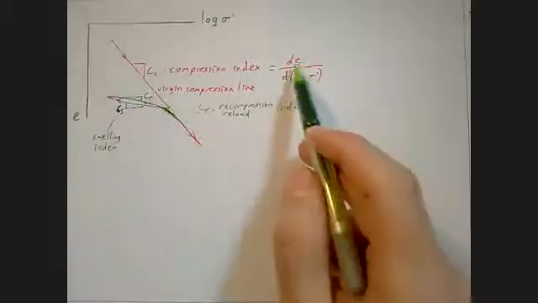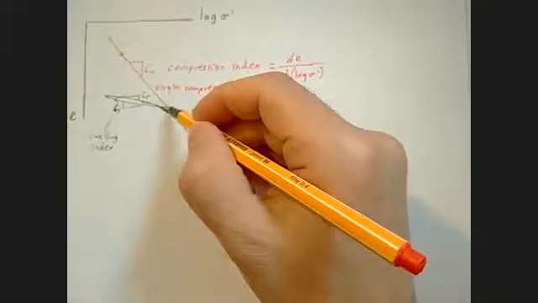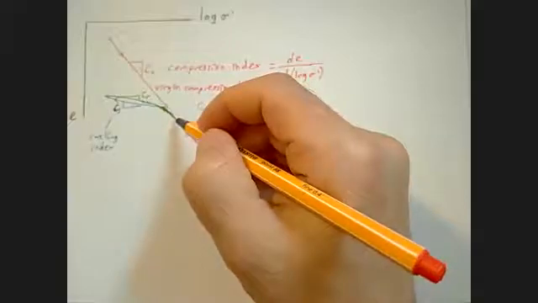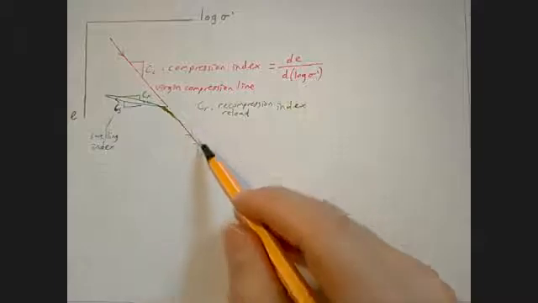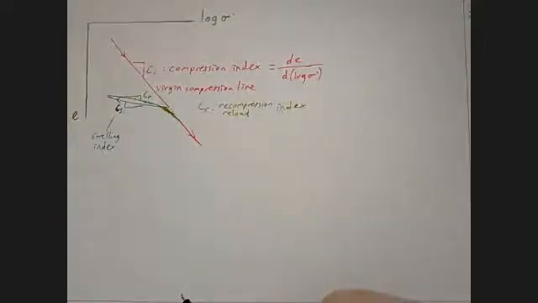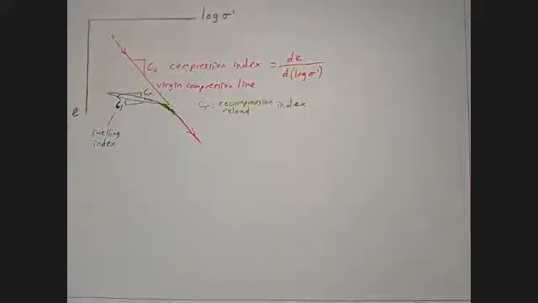So they're all d e over d log sigma prime. But they happen under different circumstances. And one important bit is that once you reach the virgin compression line in reloading, you once again continue along that. So now that means we might have an additional parameter there, because